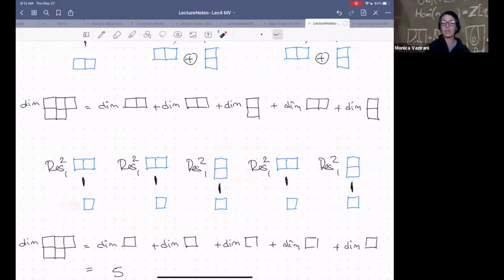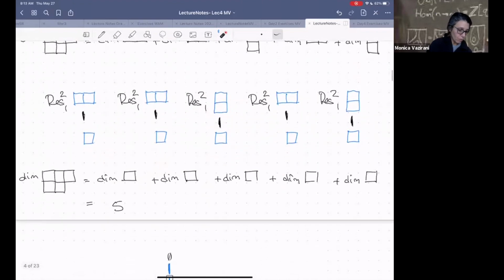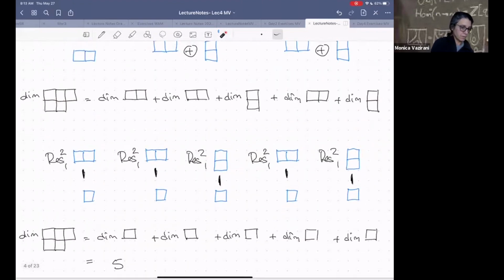Let's really go down to where everything is one-dimensional. So that means that the dimension, what I started with, is when I restrict all the way down to the trivial group, I get these 5 different copies, and so the dimension is 5. And now if we unravel what we did, so for instance, why is that